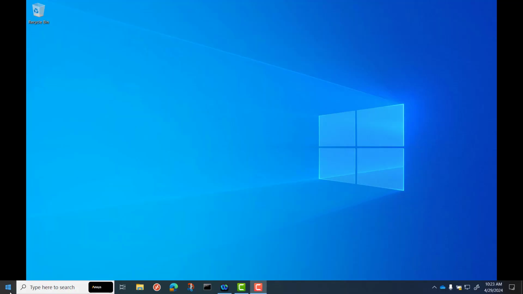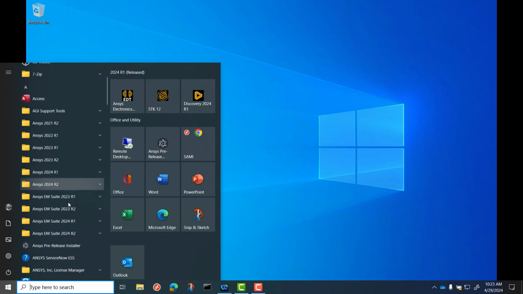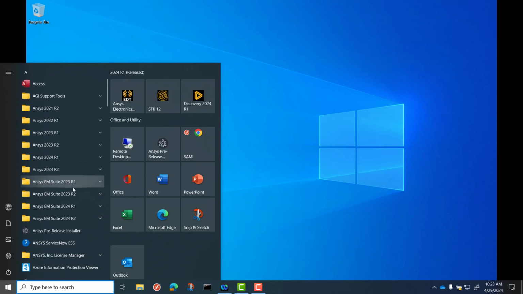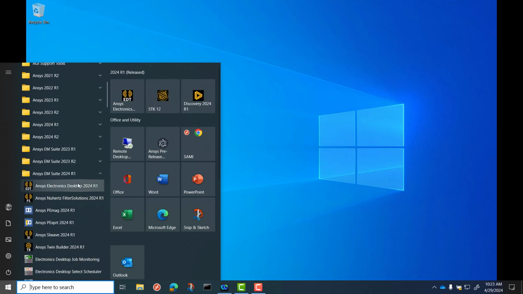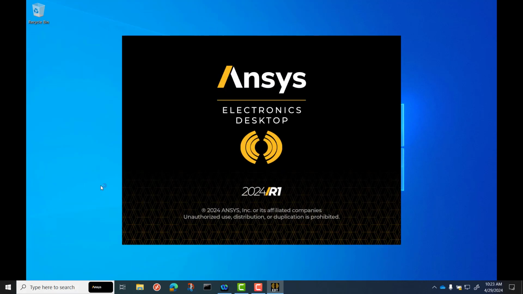So we're going to start this session by opening ANSYS Electronics Desktop. If you look into your Windows installation, you'll see a folder called ANSYS EM Suite, and I'm running 2024 R1. That's the current release at the time of this recording. When you open that folder, you'll find this ANSYS Electronics Desktop 2024 R1. So I'll select that, and we'll give that a second to open, and we will start building up our project